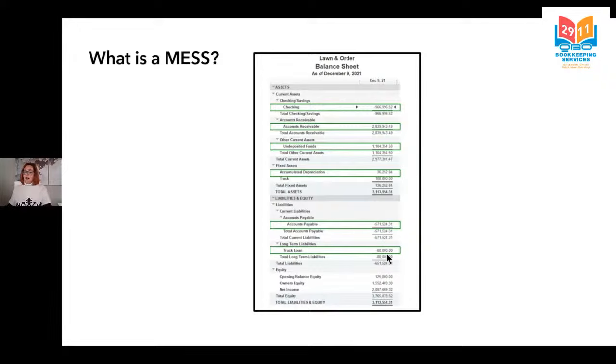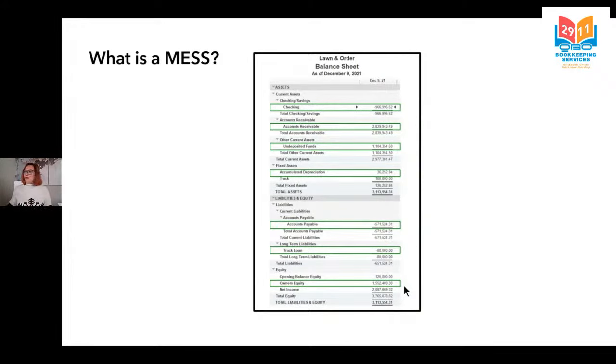And last but not least, here on this balance sheet, equity. It's always a good idea to take a look at your equity accounts and make sure those balances make sense. And take a look here at my owner's equity. Now, this is pretty high, $1.5 million. Owner's equity represents the money that the owner has given to the business. It's the owner's investment into the business. Owner's equity can also include things like owner's draw, the money the owner takes out of the business to pay themselves. Now, if this balance is higher than you think or potentially lower than you think, you may have a mess on your hands as well.